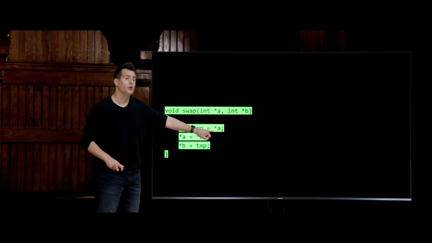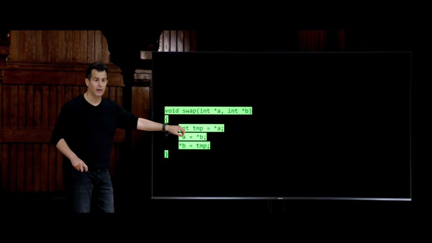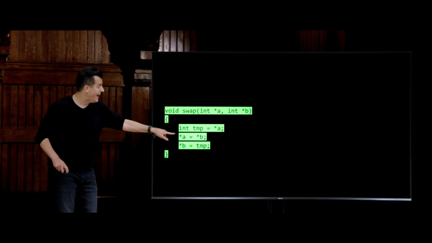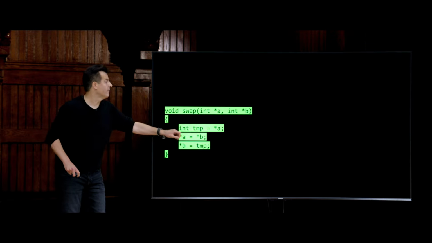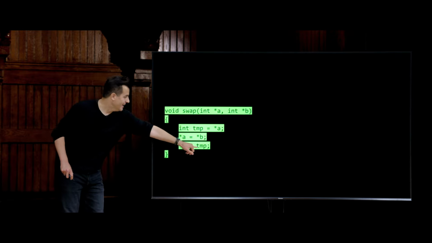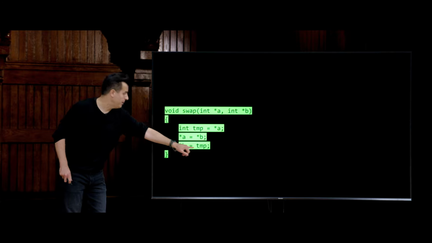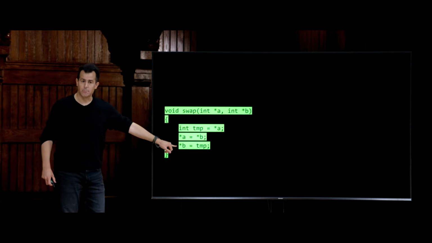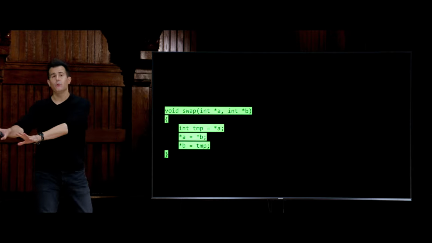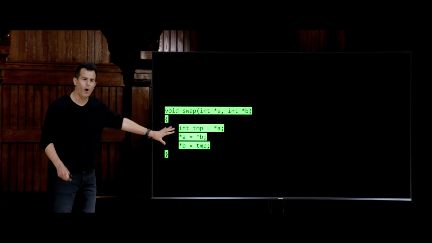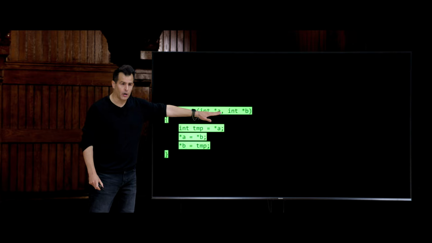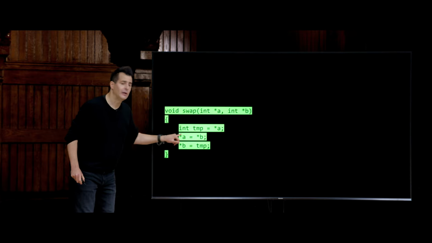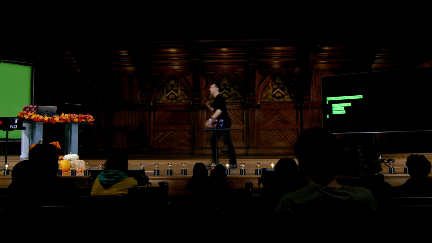But if I want to store the value at a in temp, I have to go to a and store it in temp. I have to go to b and go to a and put the latter in the former. Then I go and get the value of temp and put it at the address in b. So exact same logic, exactly what Gabe did, just way more syntactically involved. But again, it's just using pointer declarations up here and pointer dereferencing down here